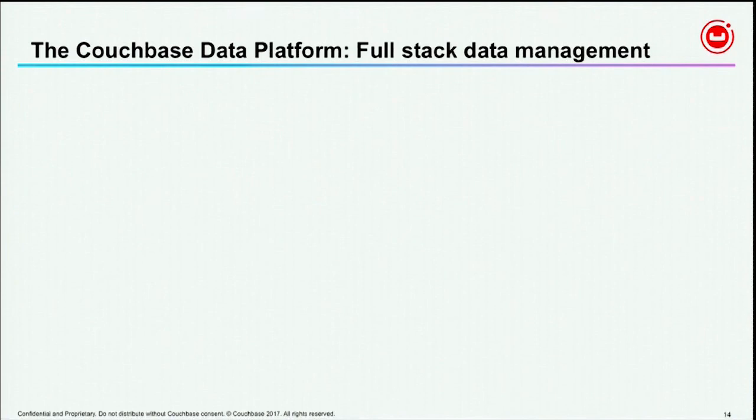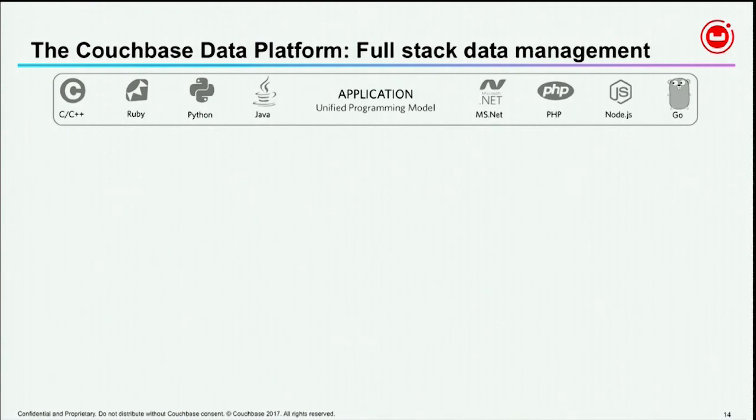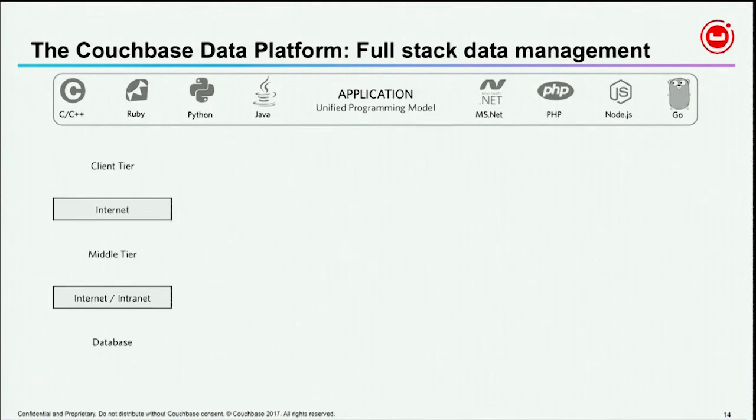Another concept that we talk a lot about is this idea of full stack management. And so this is where you may see Couchbase fitting into your environment. You may be writing an application in C or .NET or Java or Node.js, but it's your application. It might be running on an iPhone or an Android device. But no matter what application you're developing, you have three basic tiers to contend with. You have the client tier, which is either the browser or the device that you are making your application available on. The middle tier, where a lot of business logic and services exists, and the database tier, where your actual